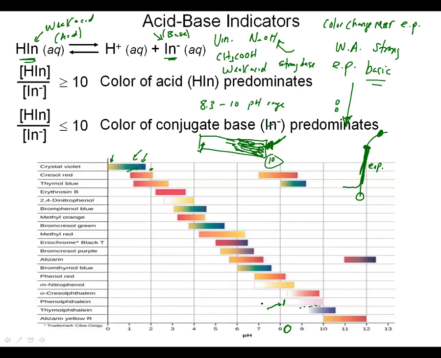If I was to have a titration where the pH would be 7 at the equivalence point, that would be here. I'll try to draw a straight line, but maybe not the best straight line. You would want to pick one of these indicators where you would see a color change occur near 7, which my bad straight line would put us over here at this